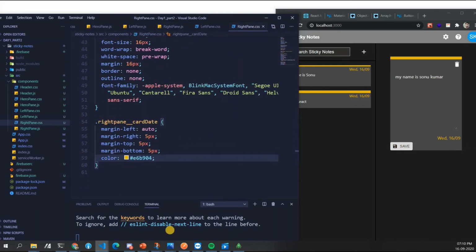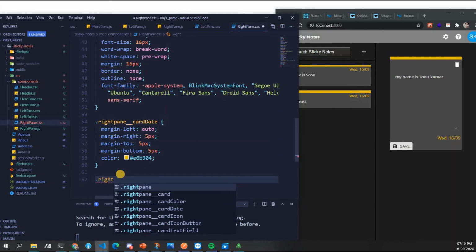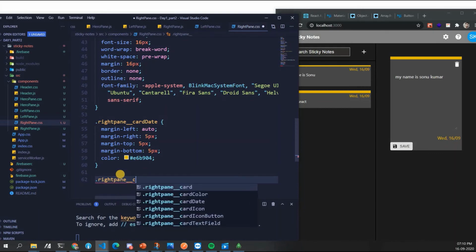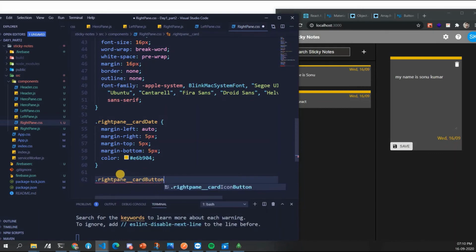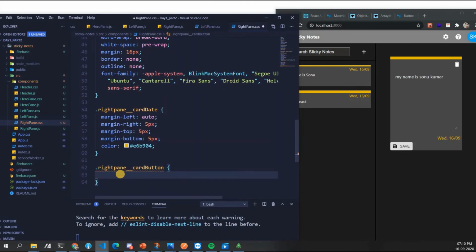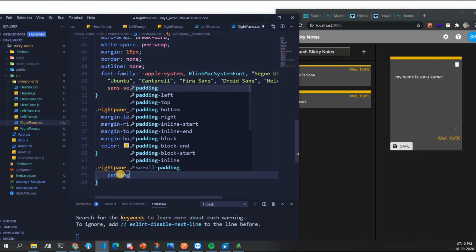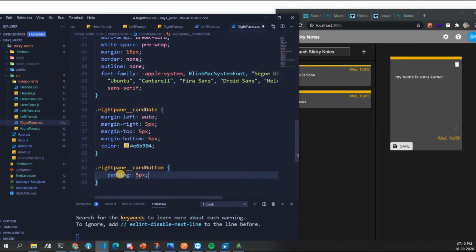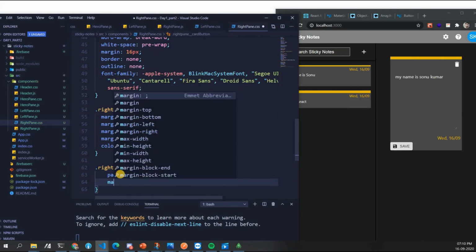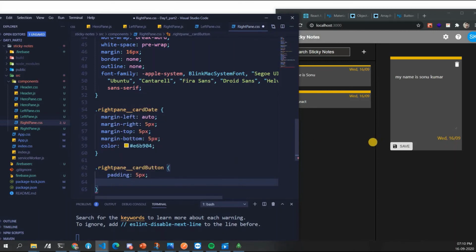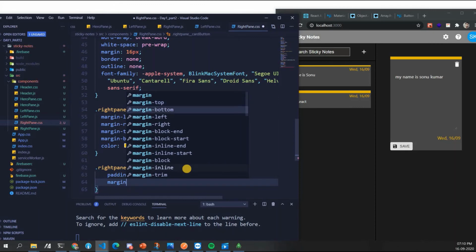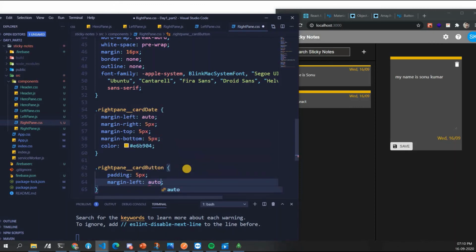Now, we want to move this to the right. Same command. Okay. Dot right pane. What was that? Card button, right? It was card button. So right pane card button, and there just do padding as 5 pixel, and to move this to the right, margin left auto.